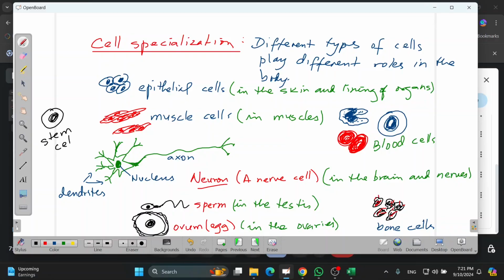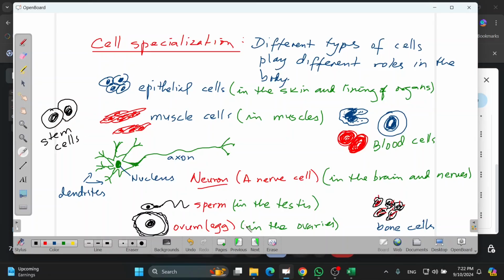Stem cells. These are cells that don't have a particular function in your body. Well, we can say their function is to produce any of these types of cells that your body may need. Like for example, if you have a shortage of white blood cells somehow, you can get more from the stem cells, or red blood cells, or bone cells. See what I mean? Or muscle cells, or epithelial cells. We can get them from the stem cells.